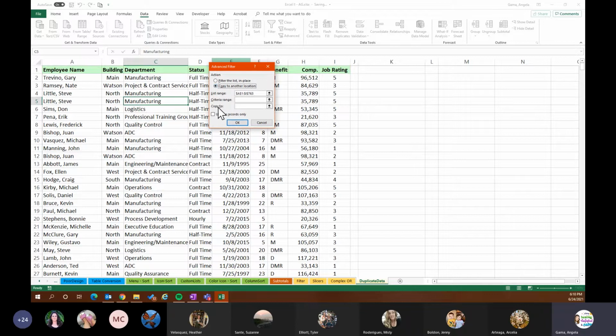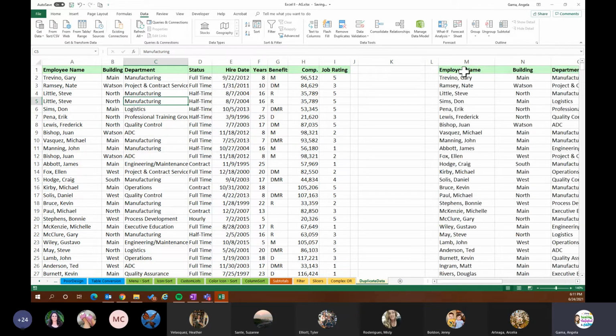And then I'm going to select copy to, and let's say I want to copy everything in my list, removing duplicates, copy to, and I'm going to put it over here in M1. This is where I'm going to put my second list, and I want my unique records only. So now by just checking these items here, I'm going to select OK. And now I see that I have a brand new list, and it's going to remove any duplicates that I have in my